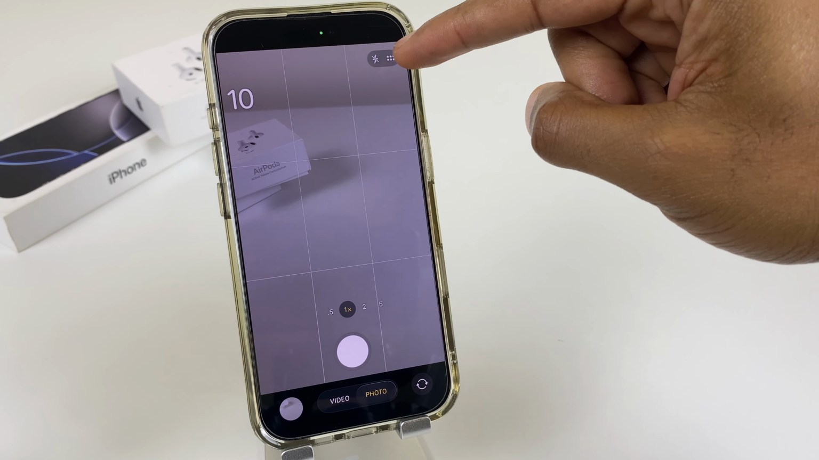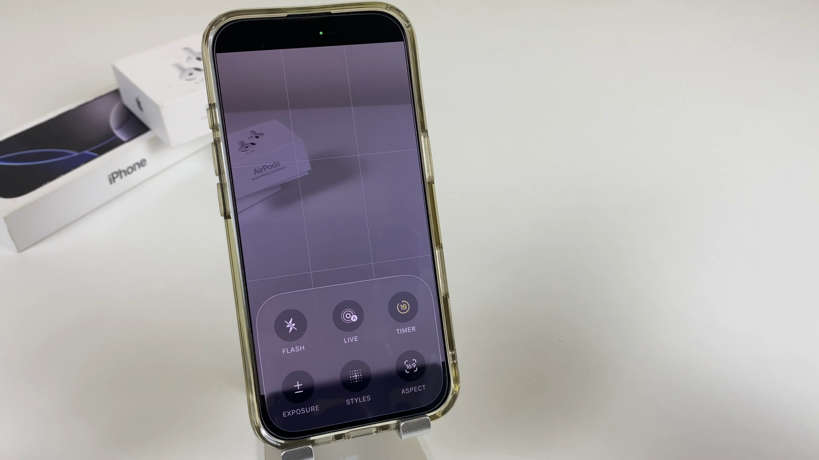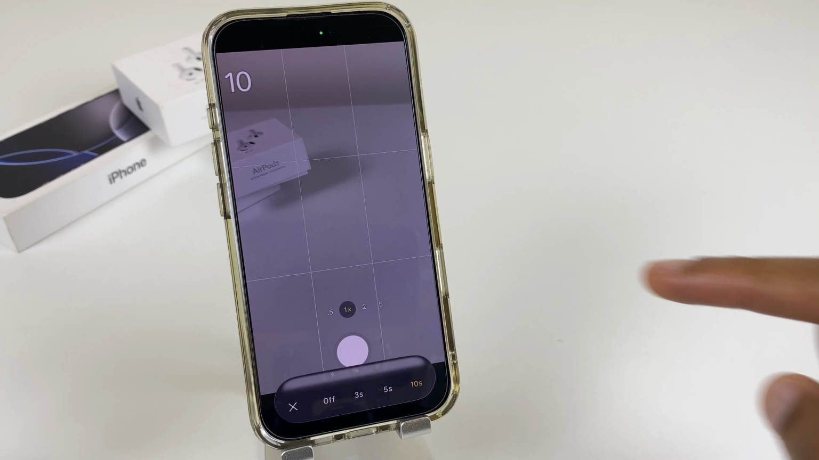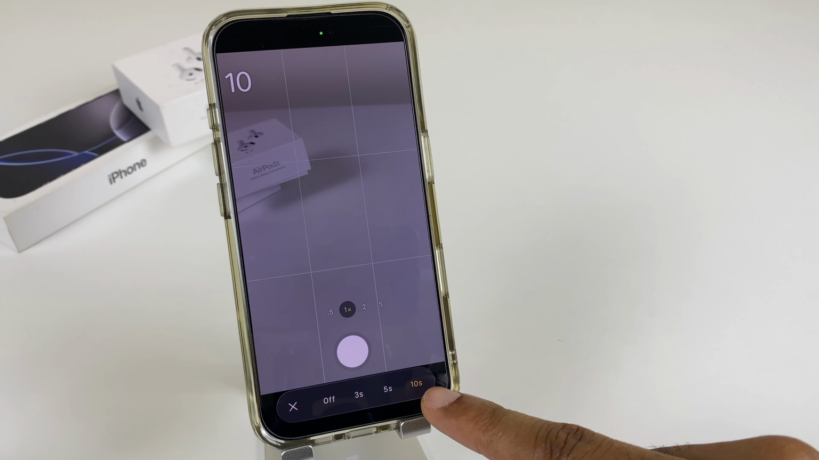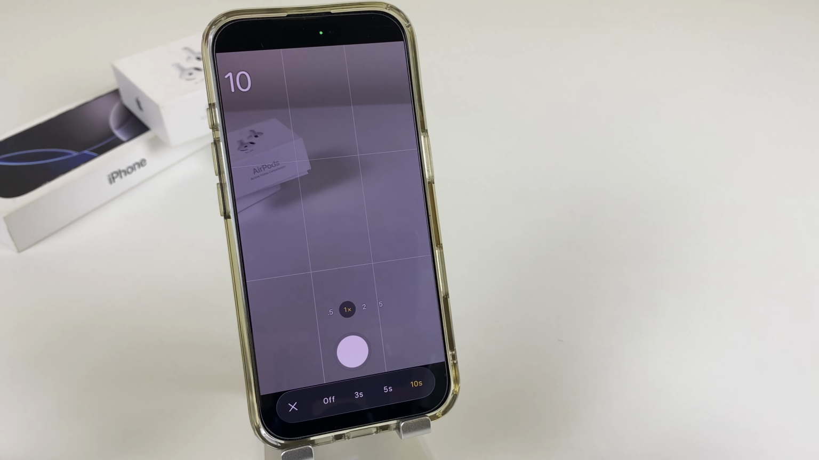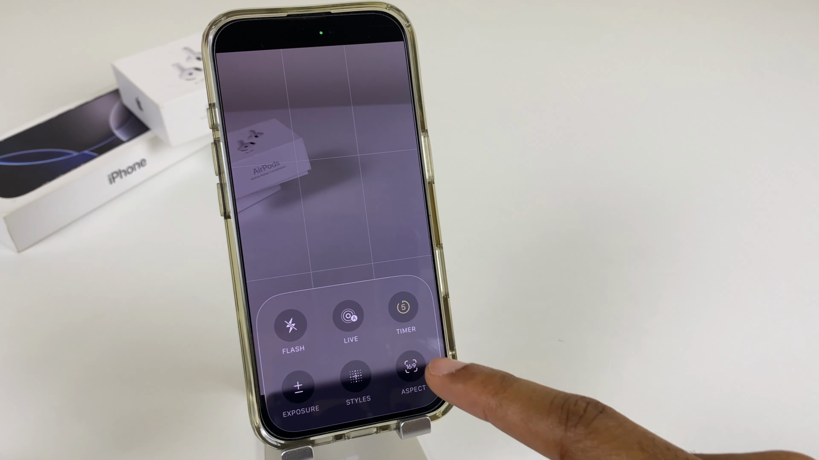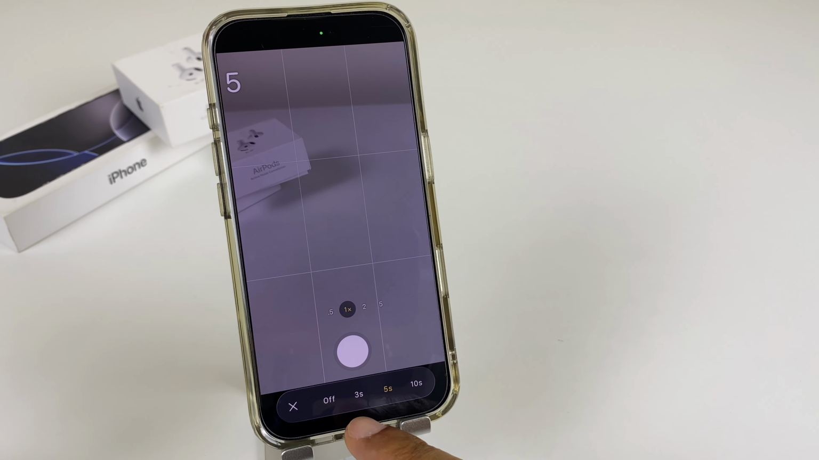You'll see 6 little dots, press that. Then you'll see timer, press timer. Here you can see the 10 seconds which correlates to the 10 seconds there. We can of course reduce this to 5, or if we want to turn it off altogether, we can click